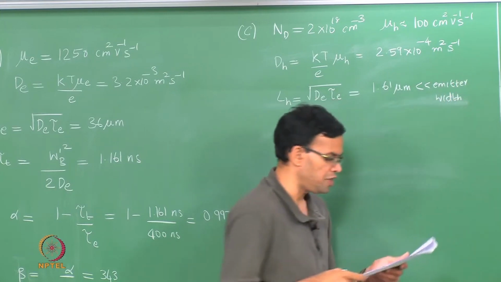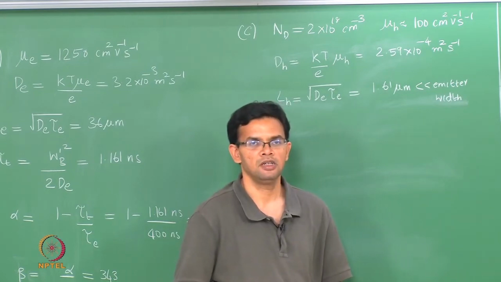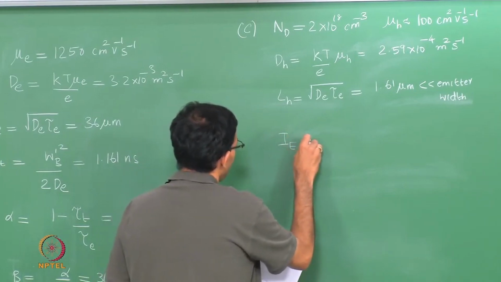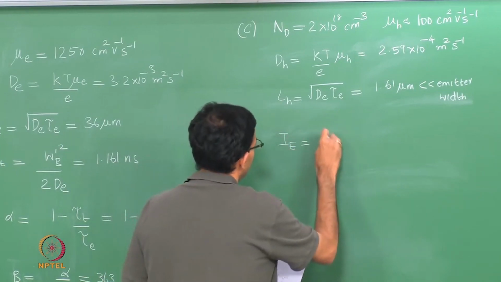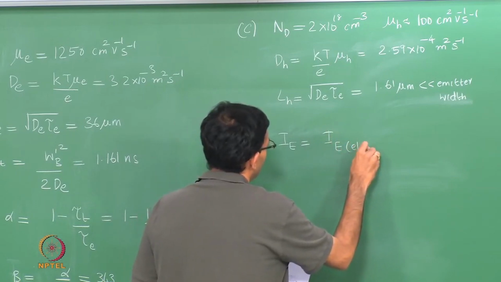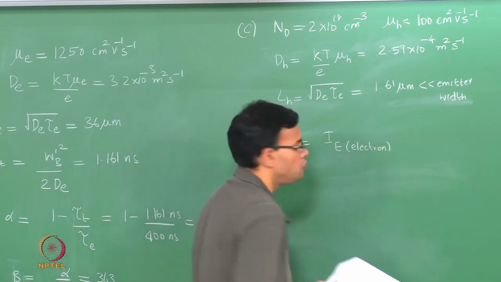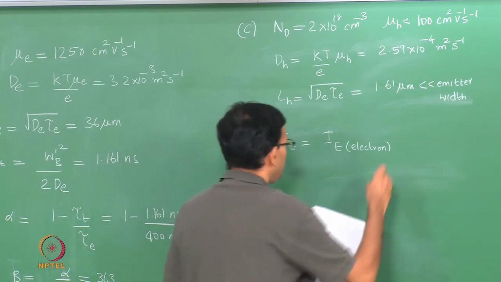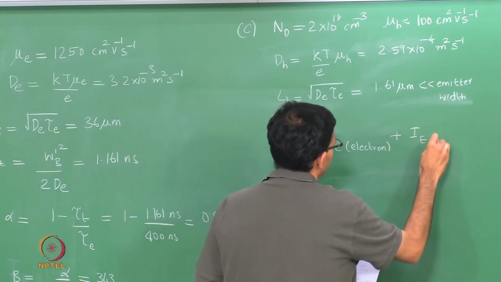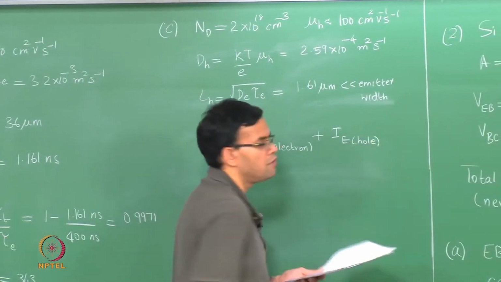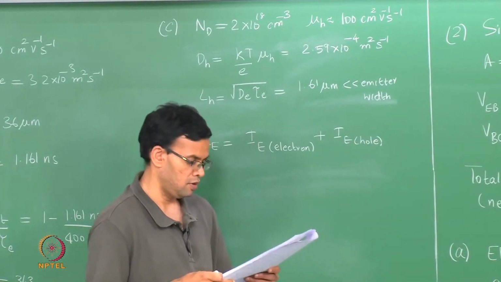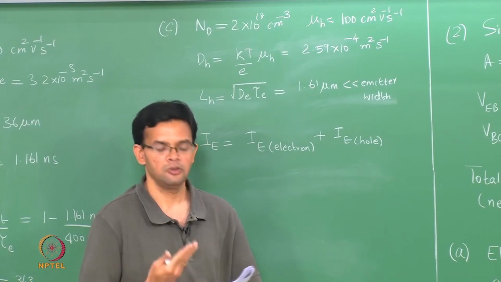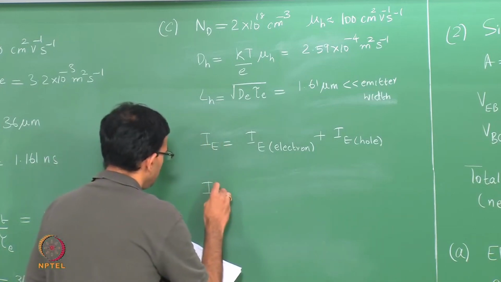So, you can basically treat it as a simple p-n junction that is essentially in forward bias. So, that IE, which is the emitter current, has a contribution due to the electron flow from carrier injection, plus a contribution due to the holes, which is because of recombination. So, the electrons that are diffusing from the emitter to the base are just given